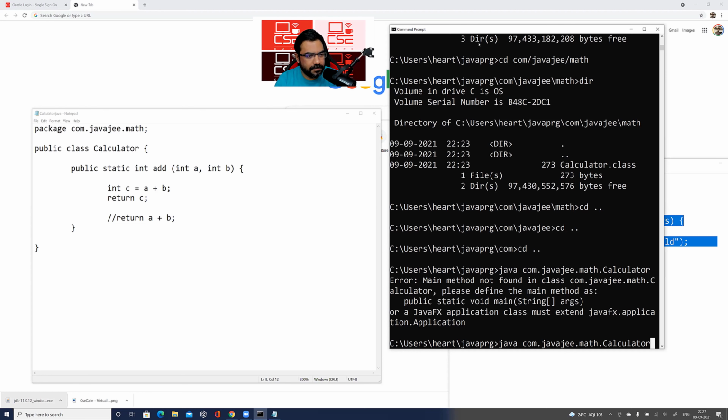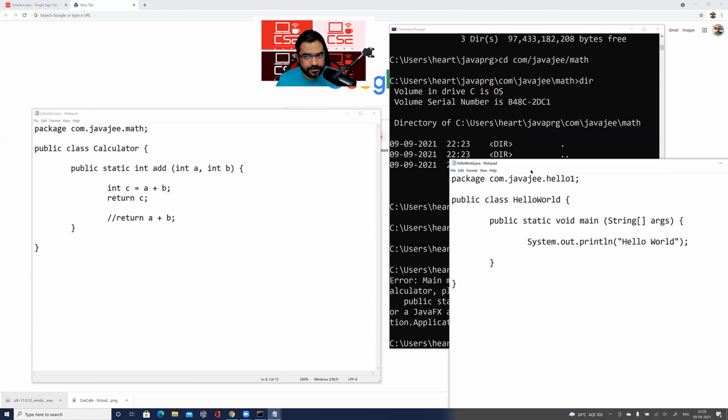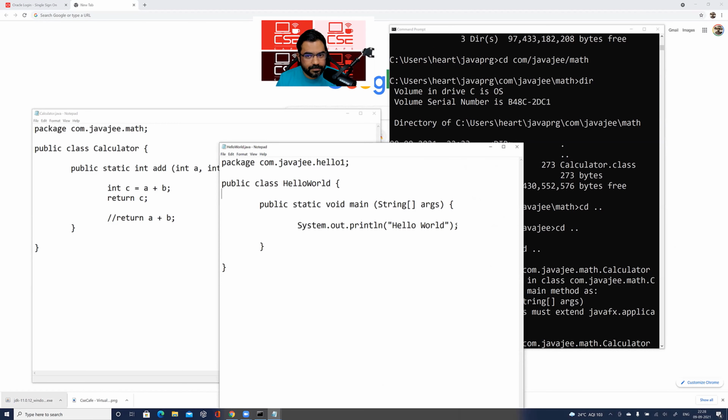Others are kind of libraries. This Calculator is kind of a library. You don't need a main to call it, because this Calculator is going to return the sum of two numbers, and main is not interested in that sum. We are interested. So let the JVM call the main method of our HelloWorld class, and from that HelloWorld class we can call the Calculator. So how do we do that? We can go back to the HelloWorld class, and then here I can say,